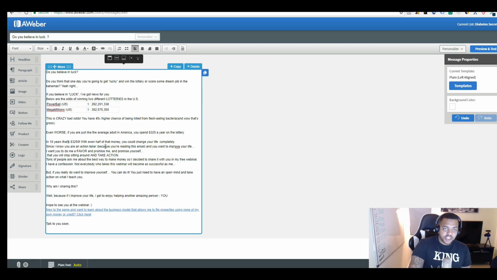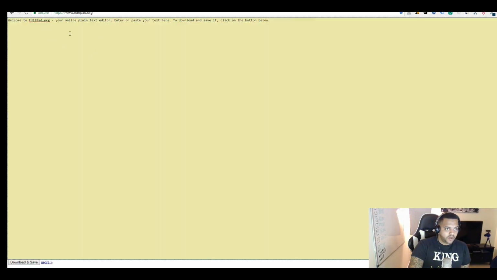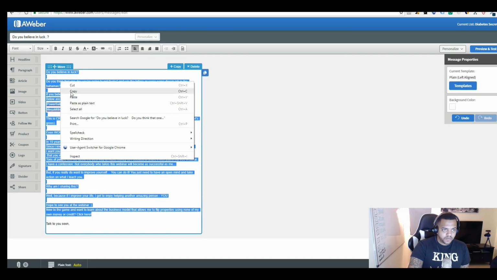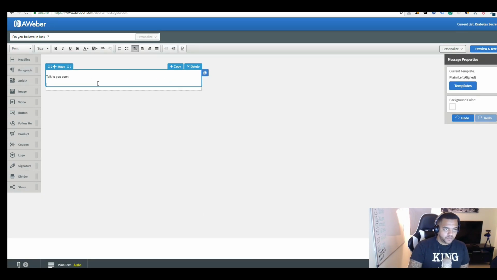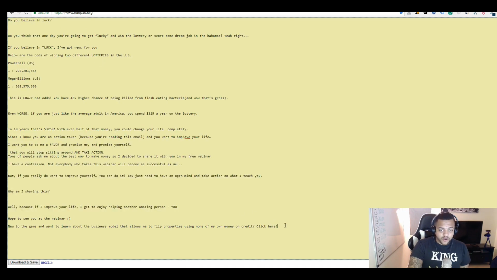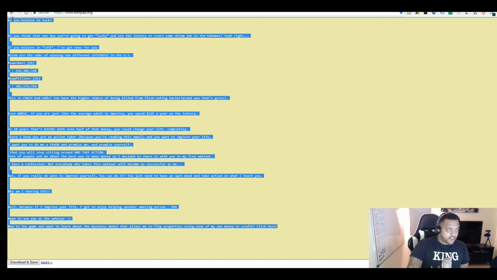Now, one way to actually prevent that is using a tool called editpad.org. All right, so right here you see it's editpad.org. Now, for example, what you would want to do is actually, let's just copy this again and let's delete this out of here. All right, now let's actually paste it in. It looks different here. Now, Aweber, I've spoken with Aweber thousands of times. This is actually what Aweber uses to check emails. So this is what you want to be using if you're using emails of other people's as an example.